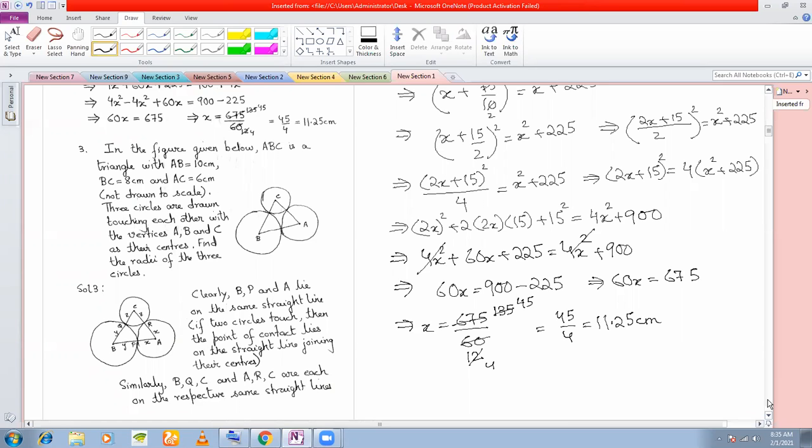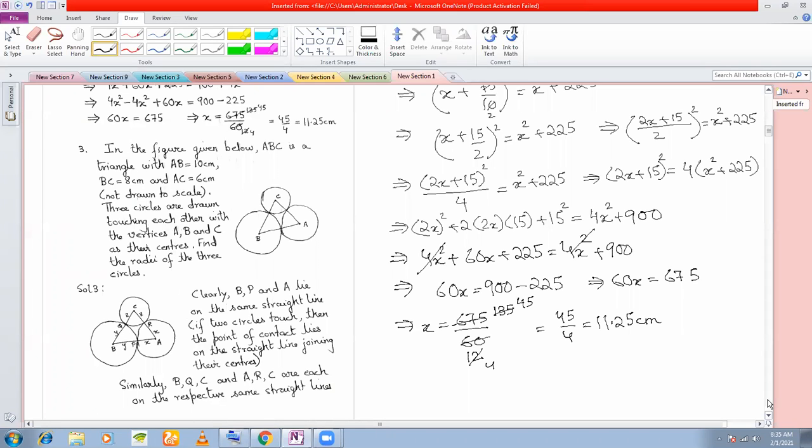Simultaneous equations you have done in class 9, but you have only done simultaneous equations for 2 variables, x and y. Here, in this problem, you will get simultaneous equations in 3 variables, x, y, and z. This will be a very special case of simultaneous equations. If you learn this technique, it's something very good you can apply in future, especially those who want to take science.